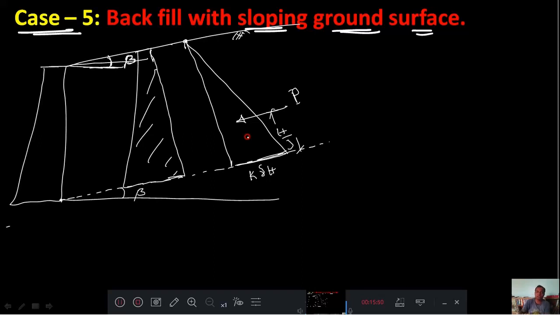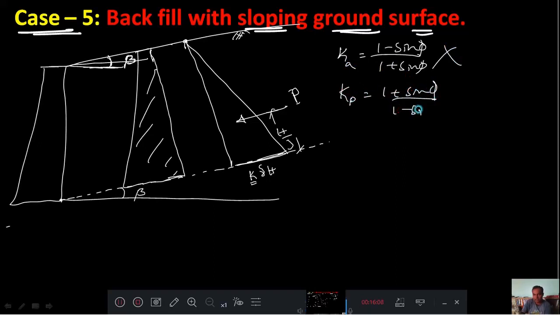But what is the difference here is the Ka or Kp that you calculate here. Ka is not like 1 minus sin phi divided by 1 plus sin phi. That is wrong. Kp is not like 1 plus sin phi divided by 1 minus sin phi. Kp is not like this, but we need to calculate these two K by using a different formula,